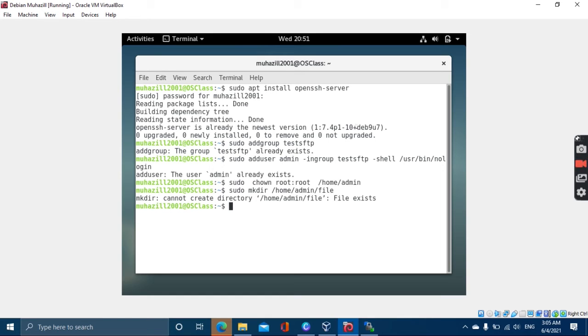And then if we want to look whether the file exists or not, we can list home, then admin. So as you can see here, the file already exists. Okay. So the last step for setup SFTP configuration is